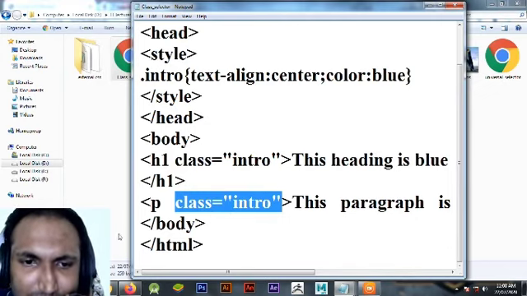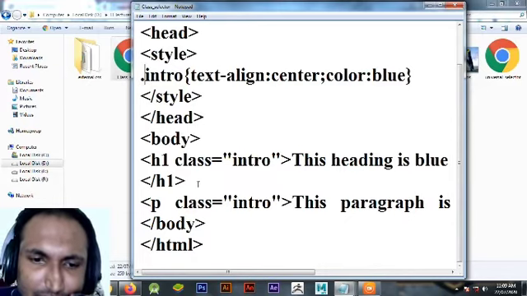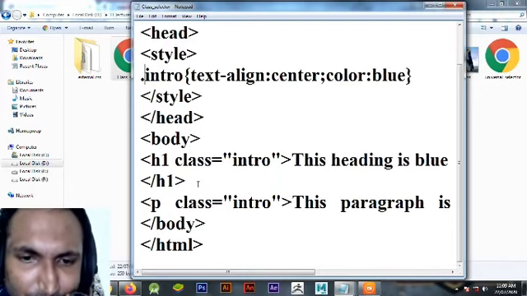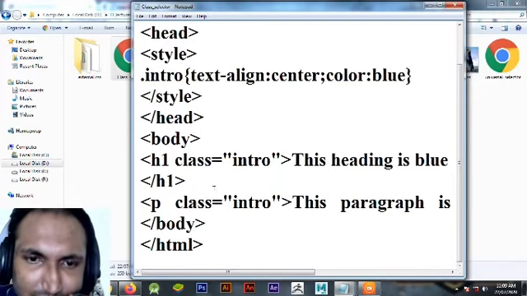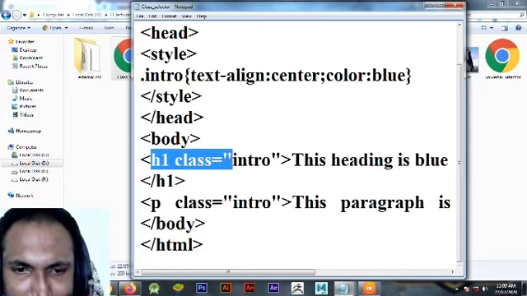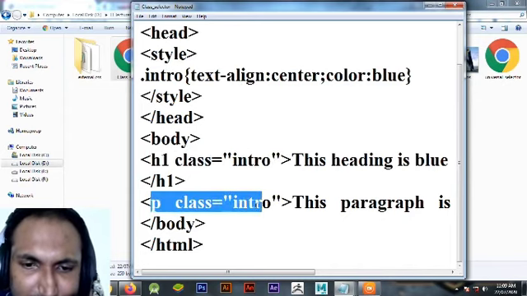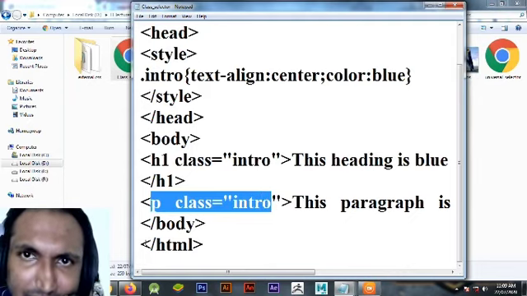So the difference is that an ID can be used once, while the class you can use in many tags, however many tags you want. That is the advantage of the class selector. So the h1's color will be blue and alignment will be center, and the p's color will also be blue and alignment center.